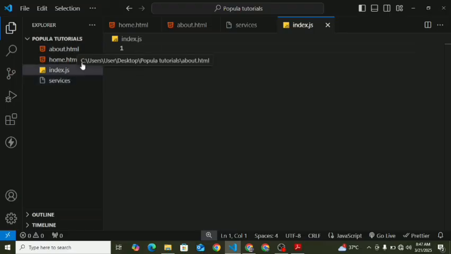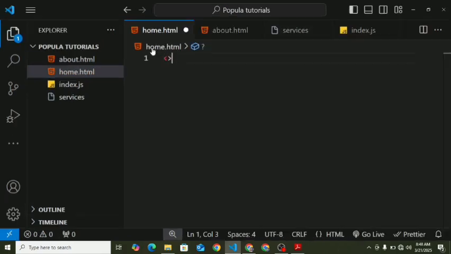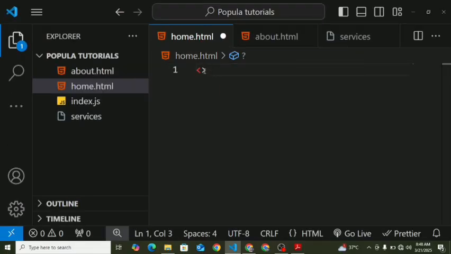Let's start with our home. So how do we create an HTML file? The first thing we do is use this less than and greater than. We use these two a lot. This is less than, this is greater than. We use these symbols a lot. So the first thing you have to type when you are writing your HTML document is